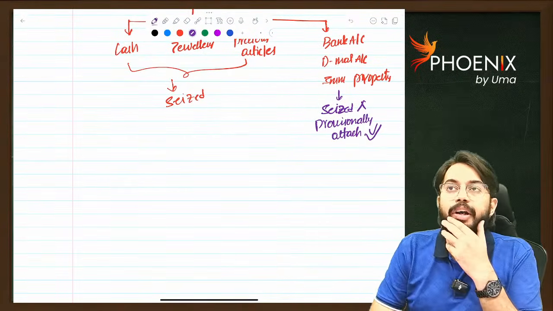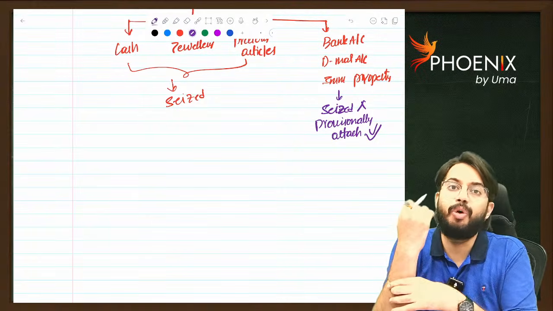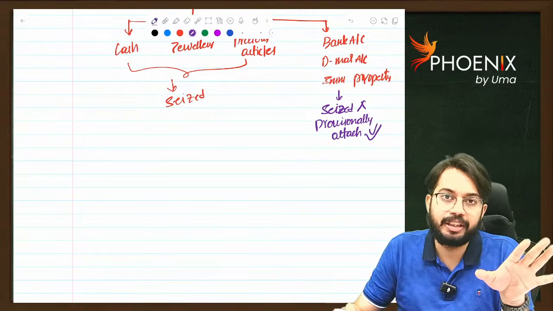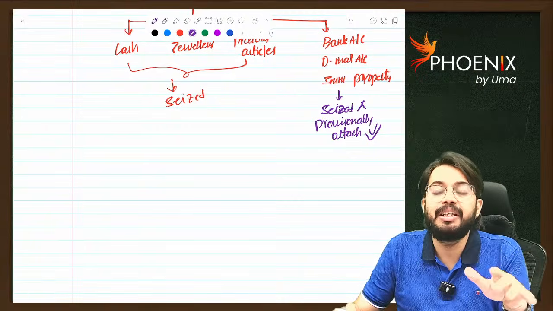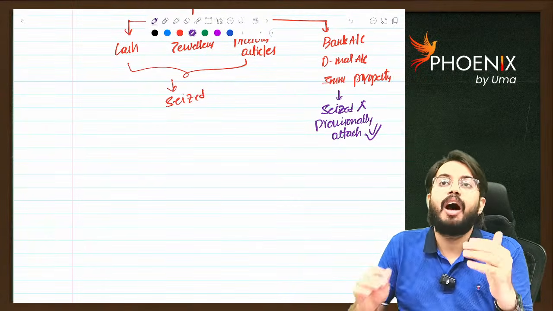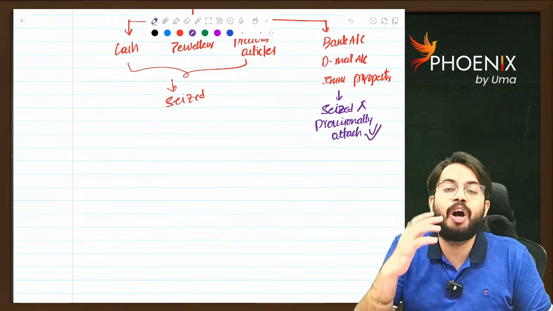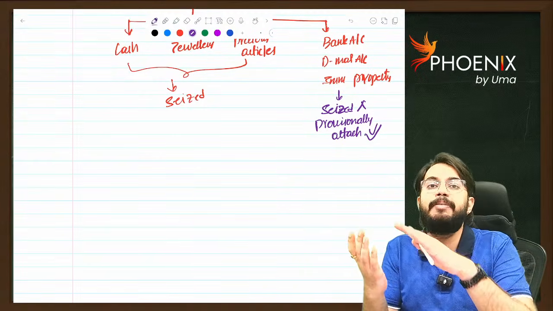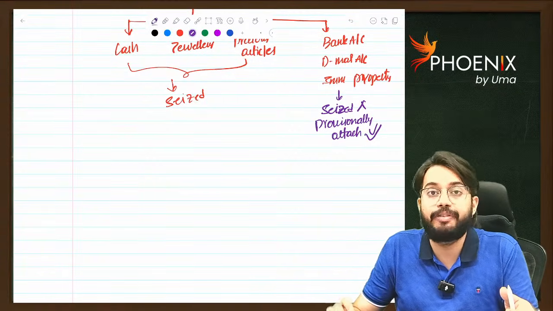Yeah, one interesting point. Whenever they do a search, if there is gold, per man up to 100 grams of jewelry, they will not seize. For an unmarried girl up to 250 grams of jewelry, they will not seize. For a married girl up to 500 grams of jewelry, they will not seize. See, after conclusion of search, they will prepare one panchnama. In that panchnama, they will write whatever the assets that are found. They will prepare a statement of assets and inventory, right? Every statement of assets and inventory is clearly written in the panchnama. It is also called the list of authorizations.